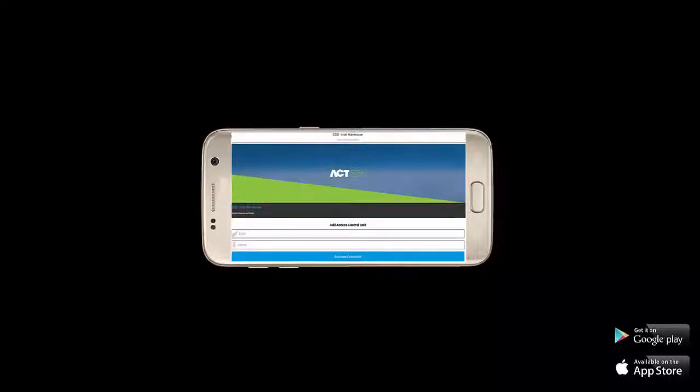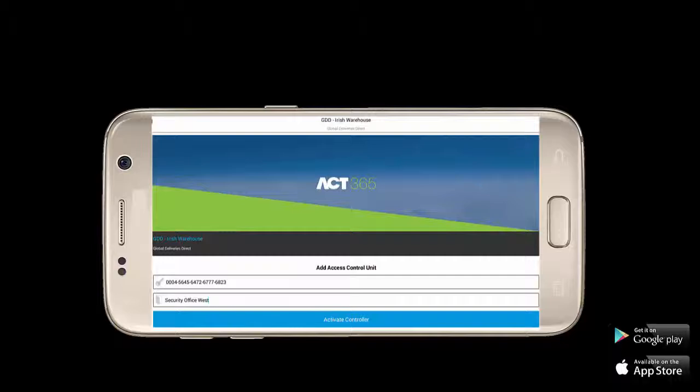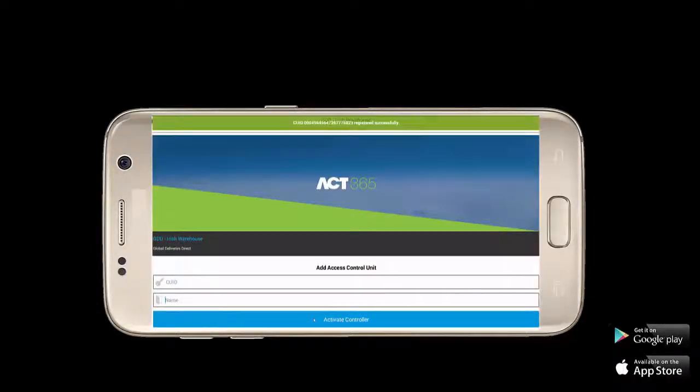Okay, so I'm going to punch in an ID number here and give the new door a name, and then simply click activate controller. And now we see CUID, registered successfully. And that's how simple it is to add on an additional ACU using the ACT365